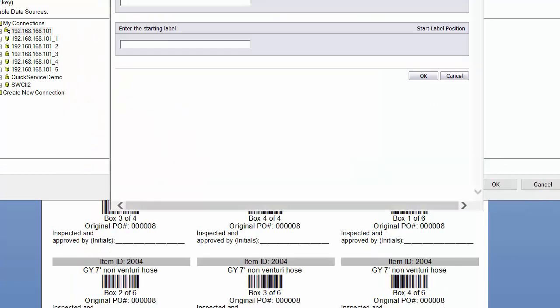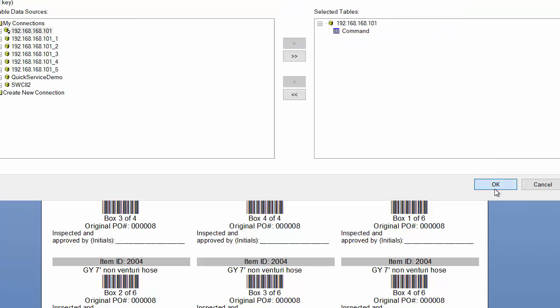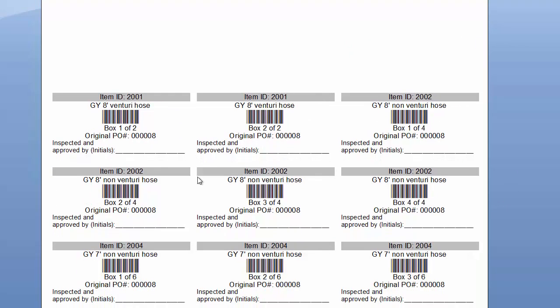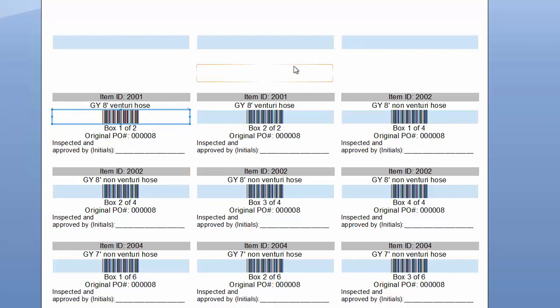And then let's just run it. We'll start at label 7, say OK. 1, 2, 3, 4, 5, 6, 7. And that's that. And then for the barcode, that's just a barcode font, and